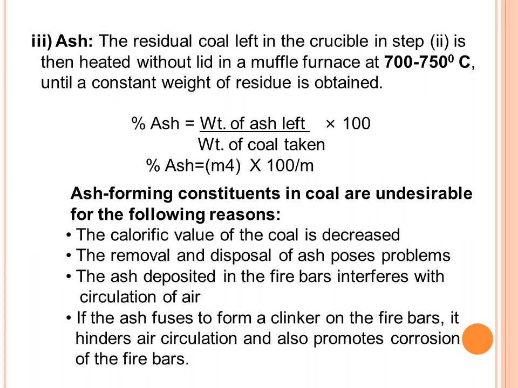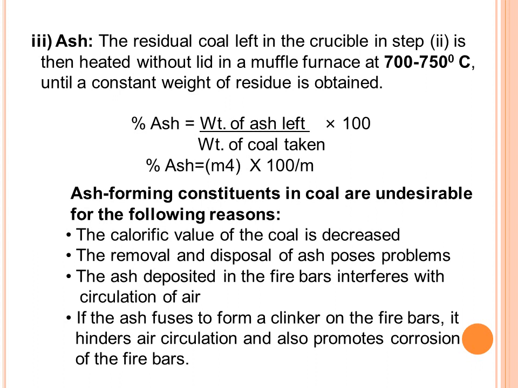Now which coal do we have to take for that? Coal which is now moisture free and volatile matter free. Its weight is M3. That M3 weight of coal we have to keep in the muffle furnace. Its temperature should be 700 to 750. Generally half an hour is required, but we have to take it out after half an hour and check its weight, and then again keep it for some 5 minutes. Again we take it out and see the weight, until we get the constant weight of that residue. Then if we get the constant weight, we can stop the experiment.